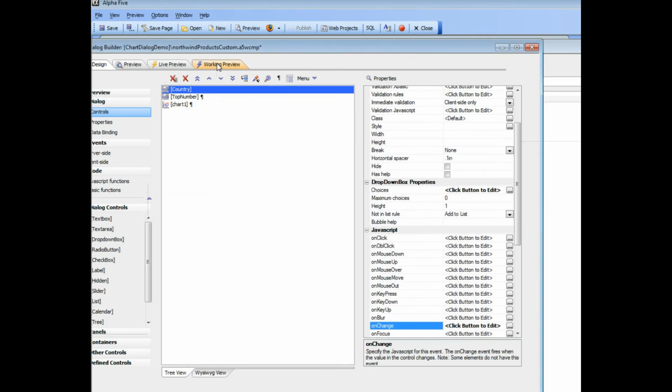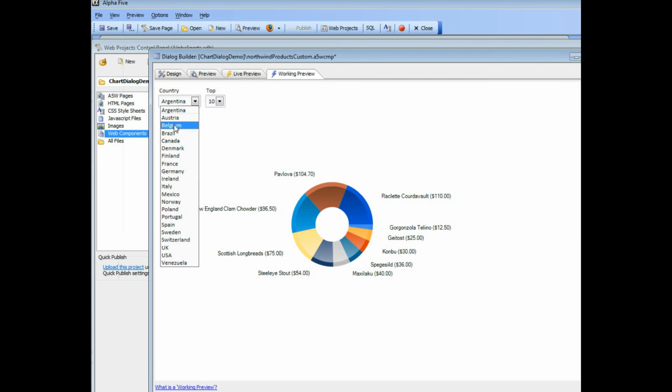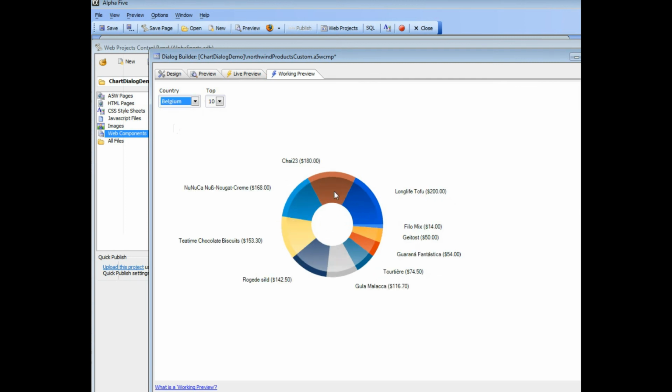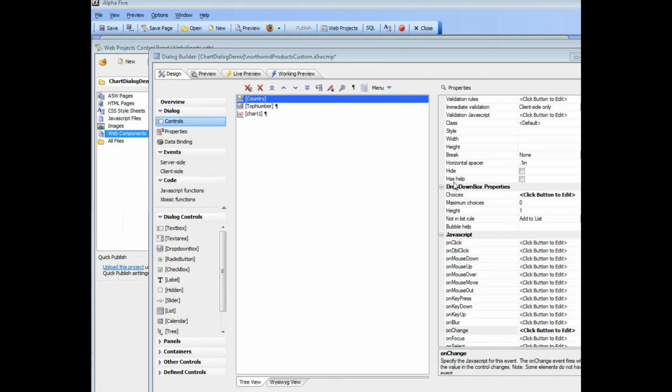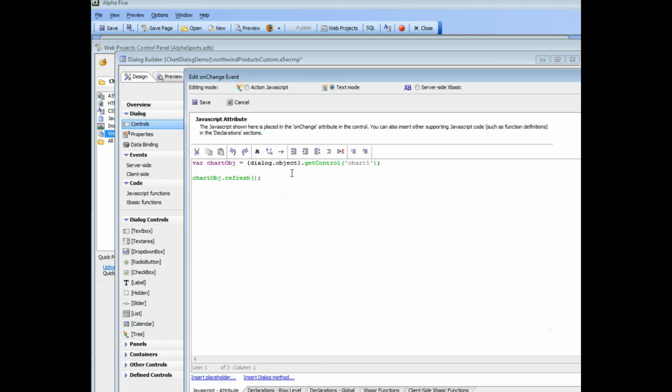So let's go ahead now and check that out. So go to Belgium, and I can see the callback taking place. So the Ajax callback, which is triggered by calling the chart's refresh method, causes the chart to recompute